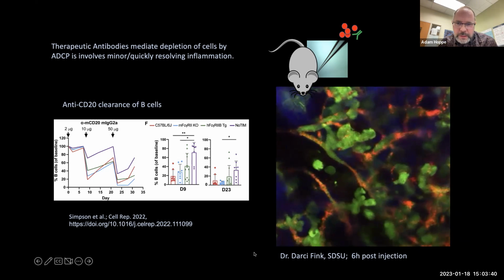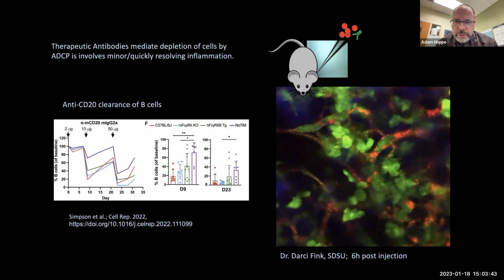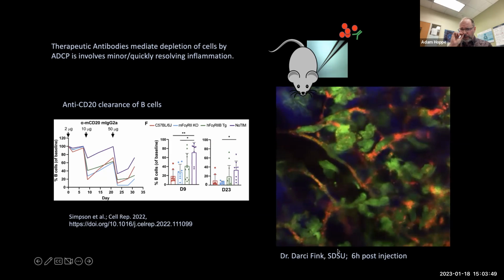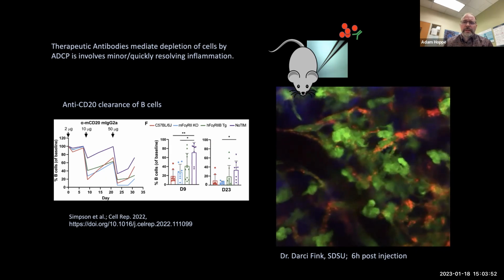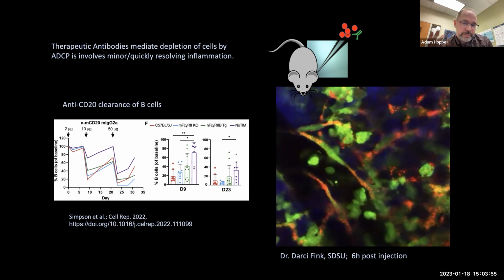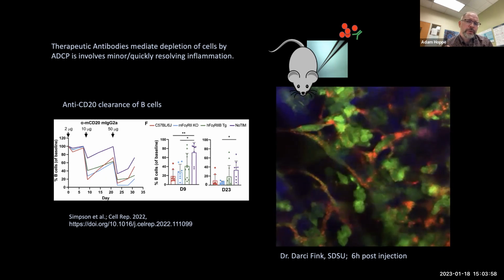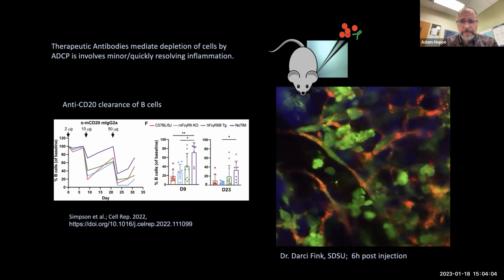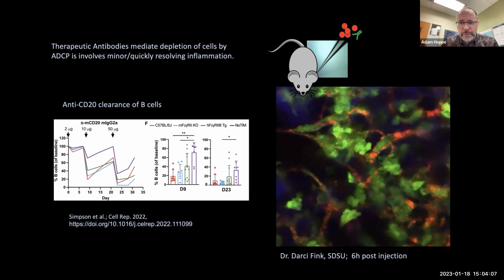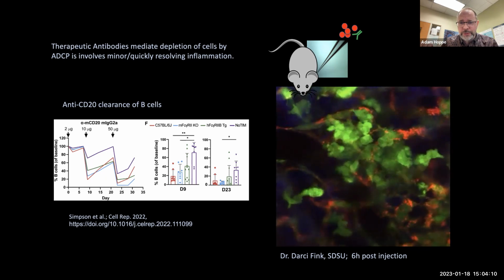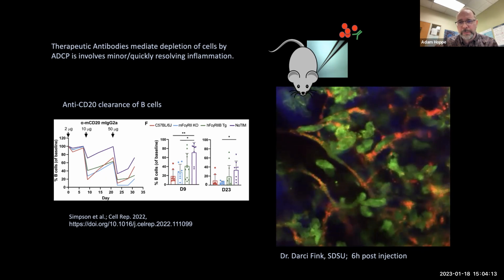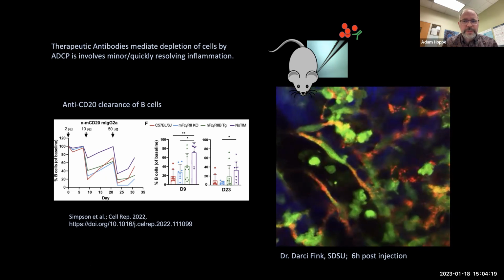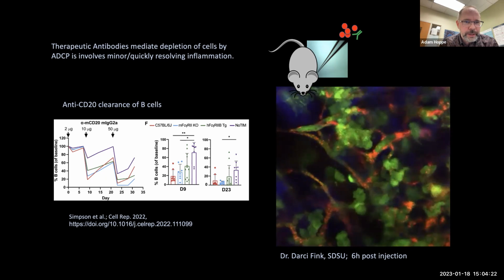And the other thing that you can see in this movie is the recruitment of additional monocytes to the site. We have a blood vessel running through the middle here. So I guess the point being that there is some inflammation. You have some recruitment of monocytes, but if you look at the gross morphology of the dermis in these mice, they resolve this within 24 to 48 hours. So we need to use very careful fiducials to even find the site of the injection. So the inflammation here is very transient and very quickly resolving, despite all this activity that you can see with the recruitment of additional effectors.